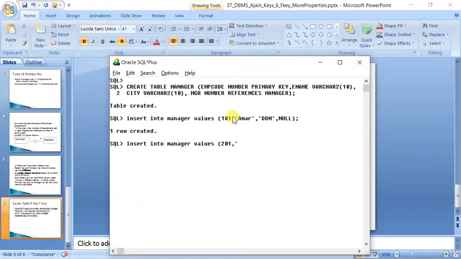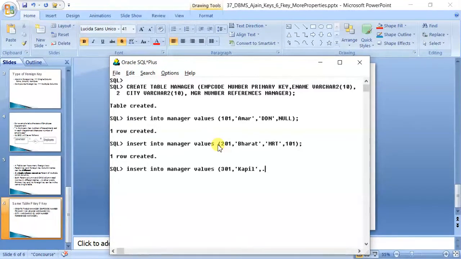Now let us try to insert another employee record: 201, Bharat, Meerut. Let us suppose this employee is managed by Amar, so we put 101. Let us try another: 301, Kapil, Meerut.